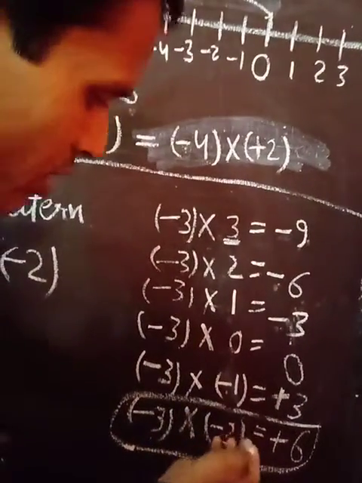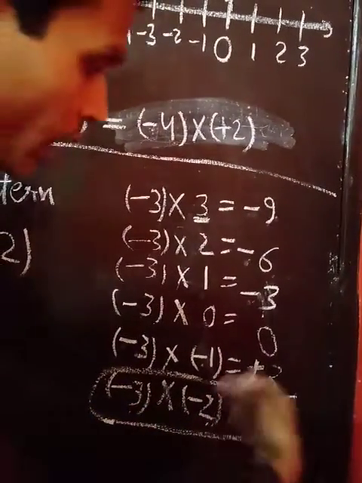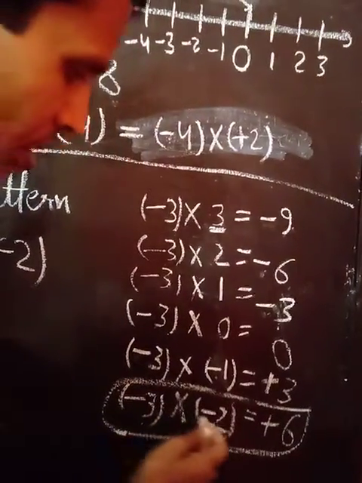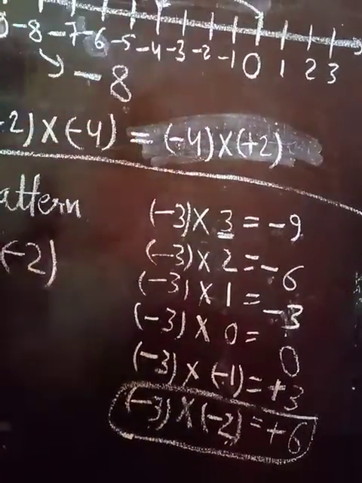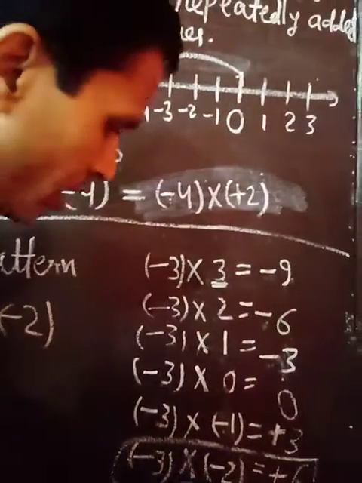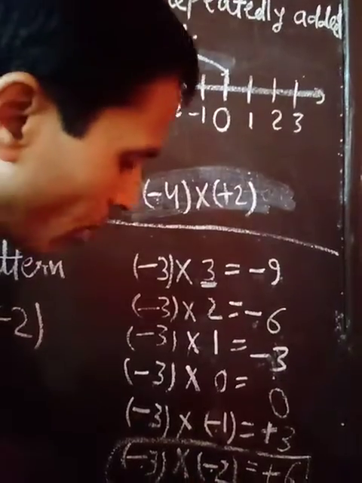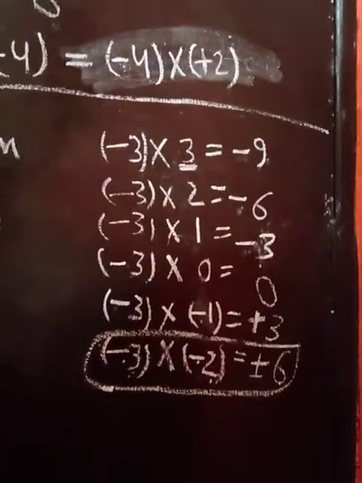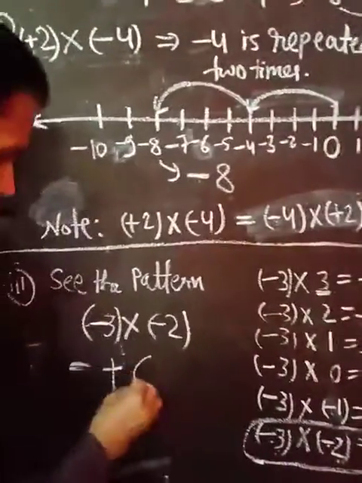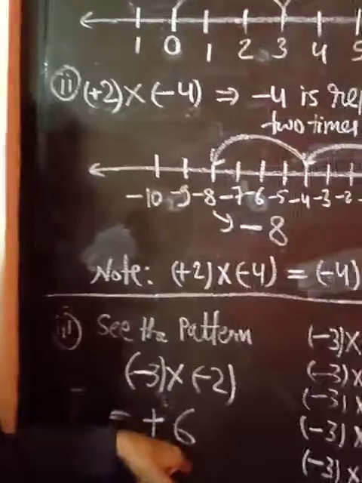And the same for the next step, minus 2 here. So again add 3 more. After 3, 6. So minus 3 into minus 2 is plus 6. So very interesting, you see by this pattern, 3 twos is 6, and negative multiplied by negative, what are you getting? Positive. So now remember, this answer will be positive 6. So negative multiplied by negative is positive.